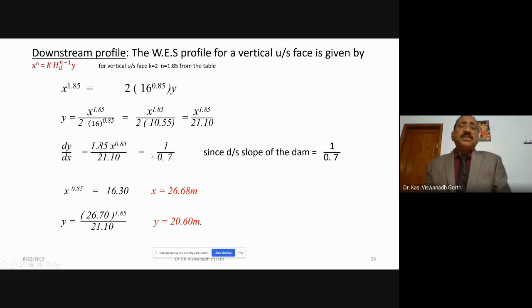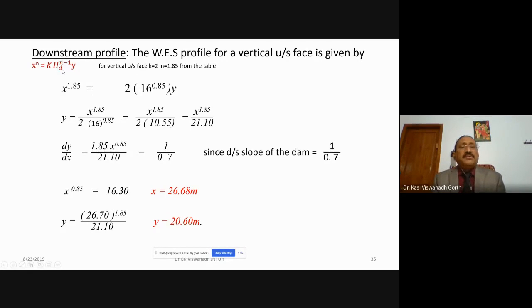So to get the downstream profile, the WES profile for the vertical upstream face is given by the equation x to the power n is equal to k into HD to the power n minus 1 into y. For the vertical upstream face, we have the values from the table: K is equal to 2 and n is equal to 1.85. So substituting these values here, x to the power 1.85 is equal to 2 into